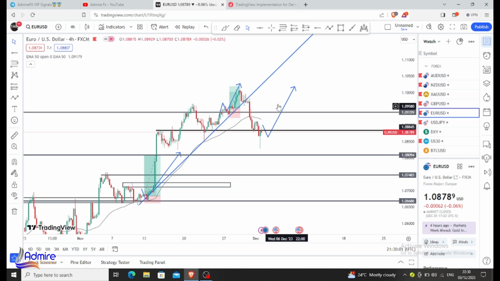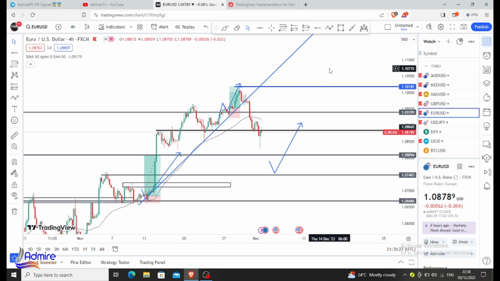Okay, to these zones, but I'm seeing most sales of Euro USD rather into our 1.07483. Okay, let's see if price will come into this area, but if it doesn't, we won't be looking for any buys until price is able to clear these highs, until price is able to clear the 1.1018 level. Then we'll be looking out for more buys.